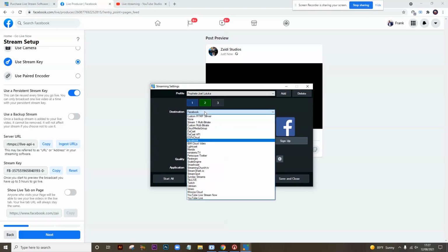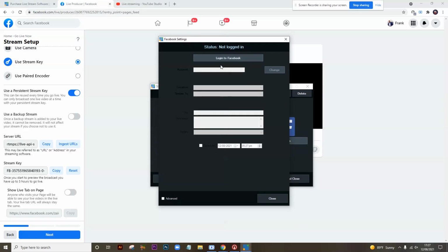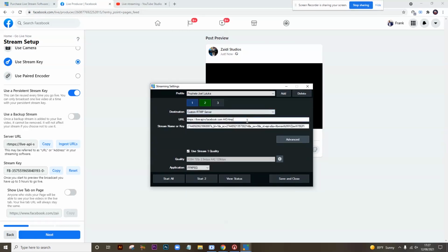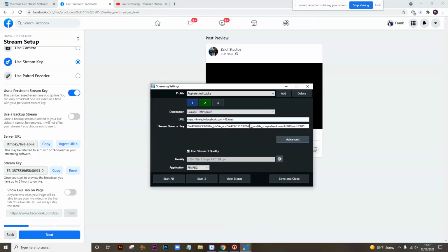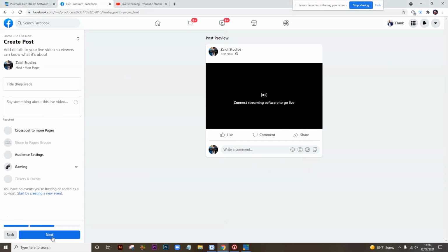So in this option, when you click Facebook here in the Facebook settings, you will just link your page. So you have to log into your Facebook account, and then you choose your title and description. Once you click stream, it will immediately start your stream. But using the RTMP server, here you'll take this URL, you copy this URL from the live producer and paste it here, and then you'll take the stream key and paste it there. So once you've copied and pasted the stream key from YouTube and from Facebook, you just click save,